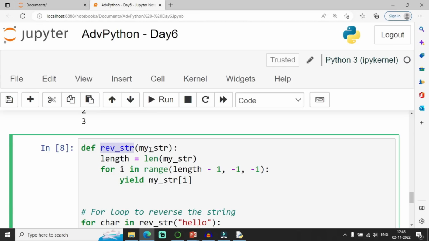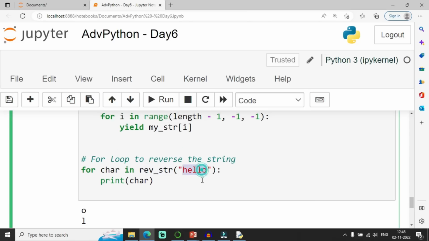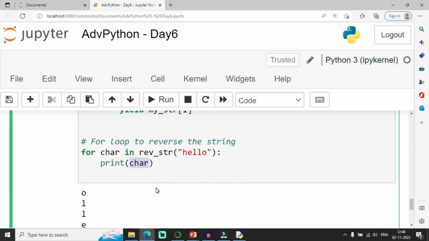My string is given as a parameter to my reverse string function. I take the length of my input string, then length minus 1, minus 1, minus 1, so I print the characters in reverse order. From hello, I pick each and every character, and this will be displayed at the output.